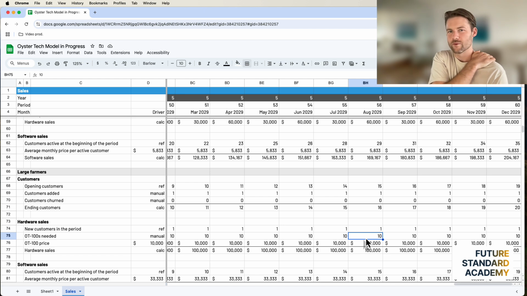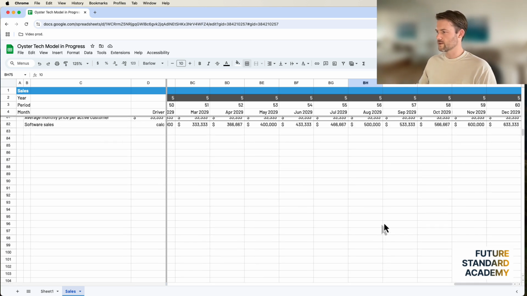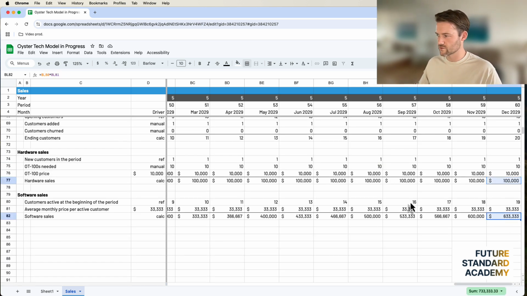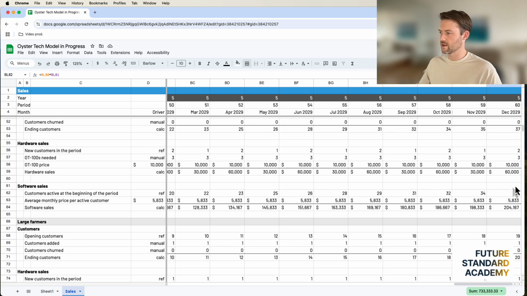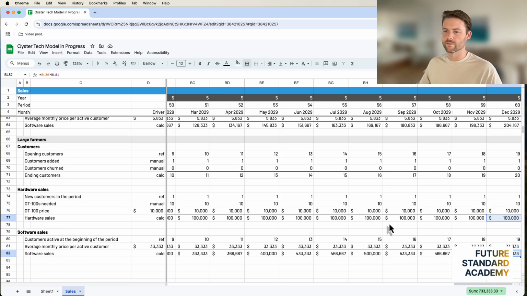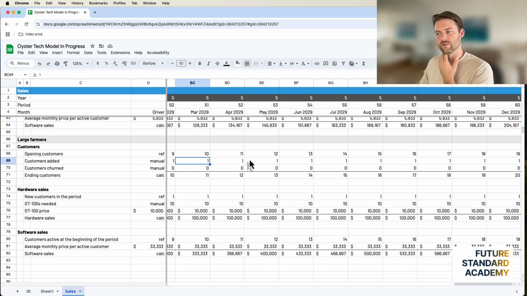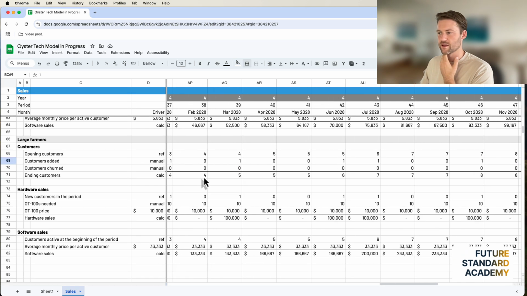But most of the time, you're not going to have a lot of conversations about what's happening in years 4 and 5, right? Most people are interested in what's happening this year and then next year too, right? Whatever's happening during the term of this next phase of financing that you're raising for is always going to be what's more interesting for investors, right? So then you get to the bottom here and, okay, so 20 large farmers is actually quite a bit more money than the medium. It's about, I call it 2.5 times as much with only half the companies. Again, you're going to use your sales pipeline to say, well, there's actually some credence to these customers being added at this point in time.